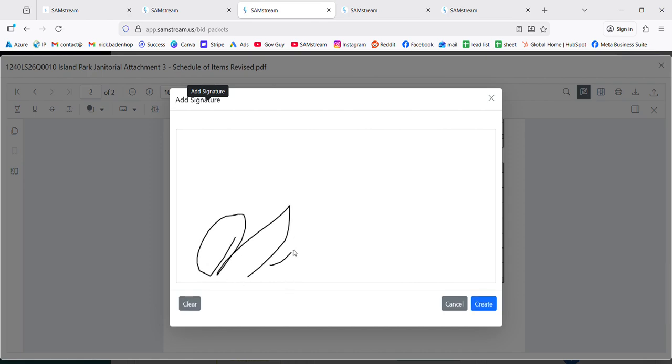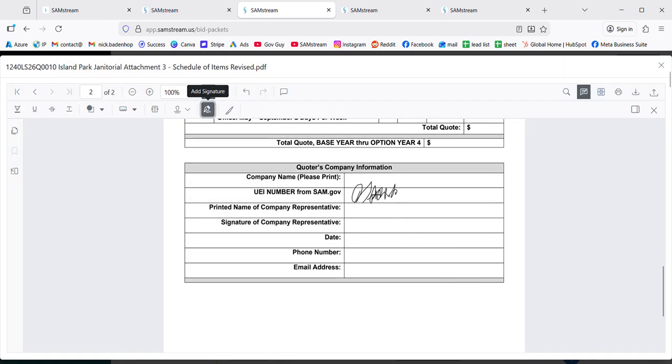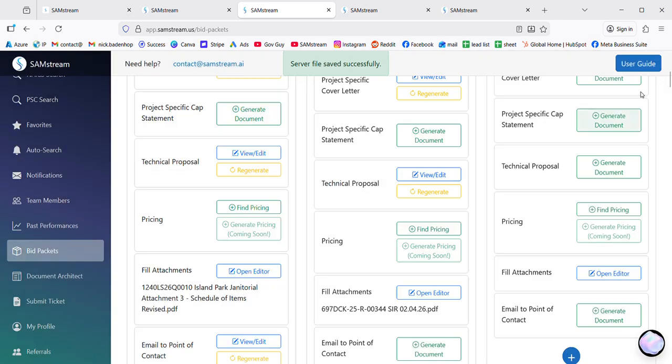You can also upload your signature if you don't want to use the one here, and you can create your signature and place that on any document that you want. You can change those sizes, and then you can save these to the server if you want, which will then save it specifically to the